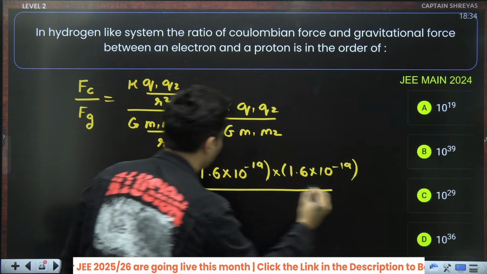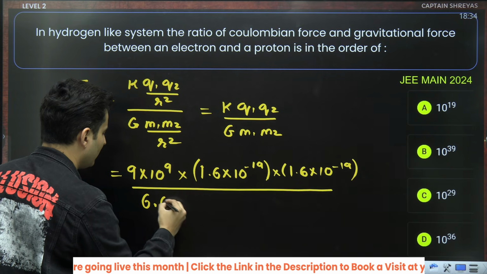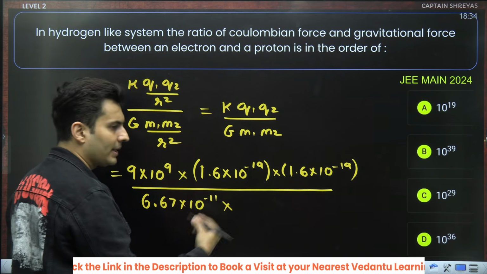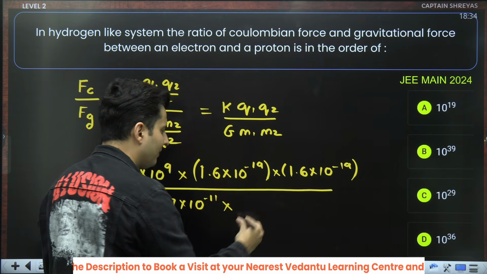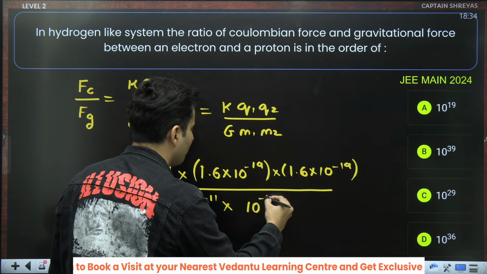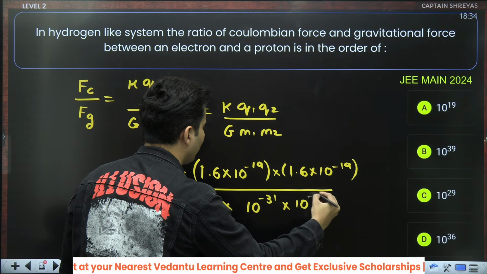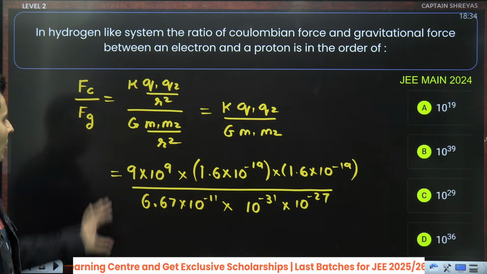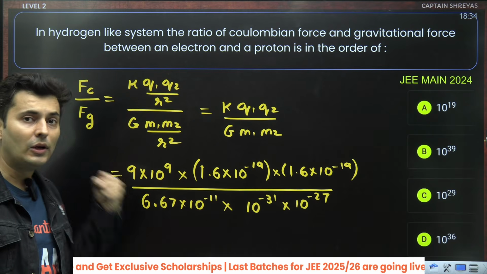Then you have the gravitational constant, which is 6.67 into 10 to the power minus 11, and the masses of electron and proton are roughly of the order of 10 to the power minus 31 and 10 to the power minus 27. Solve this, you will get the answer. Obviously, the Coulomb force will dominate